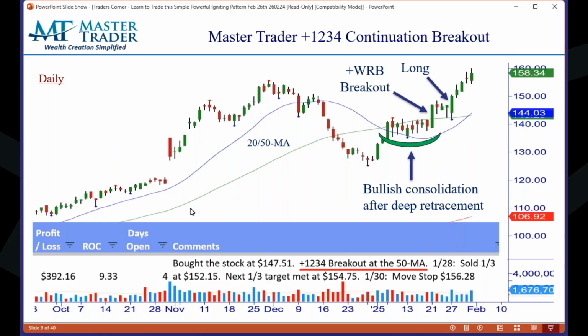Let's keep going. Many examples. So I got my 20, my 50, deep retracement. It went up and it's consolidating. Wide range breakout. But see, this one's at resistance. So I would not buy over the high of this bar because, look to the left, it's resistance. The reward to risk is out of whack. But